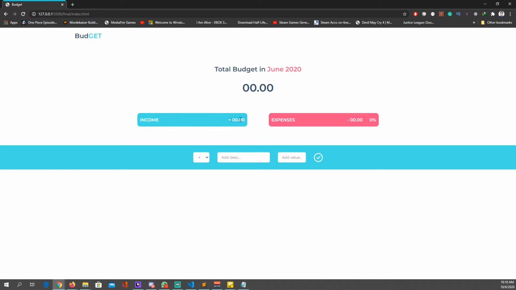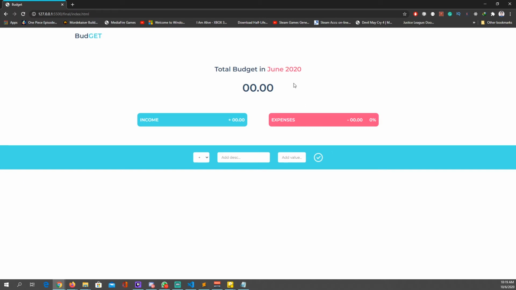We're going to display here the value of total income, and same goes with the value of expenses. We're going to display here the percentage of the total expenses that we have. So this is what we're gonna calculate in our logic part of the JavaScript. We're gonna calculate the total budget, and also we have to calculate the total incomes, total expenses, and the total percentage of expenses. That's the big logic part of the JavaScript programming.